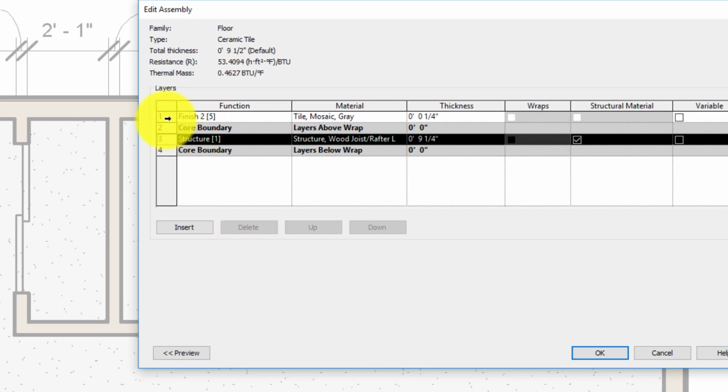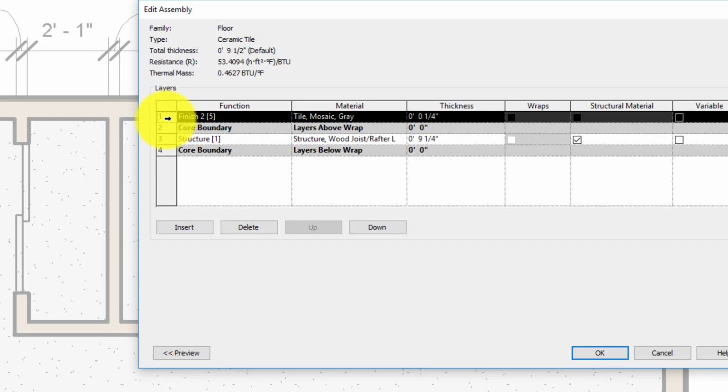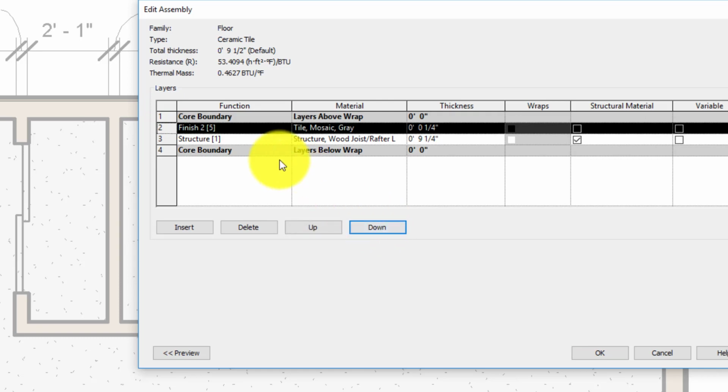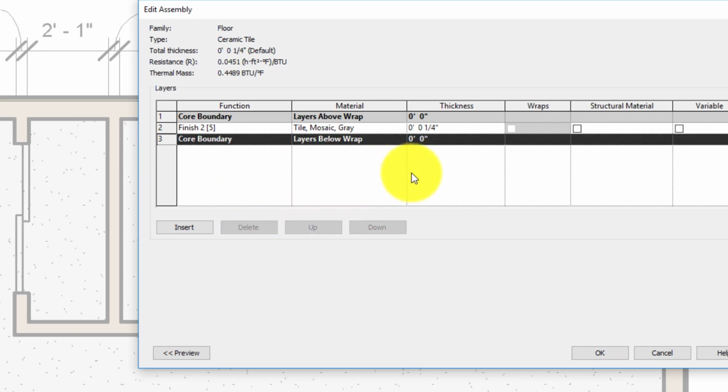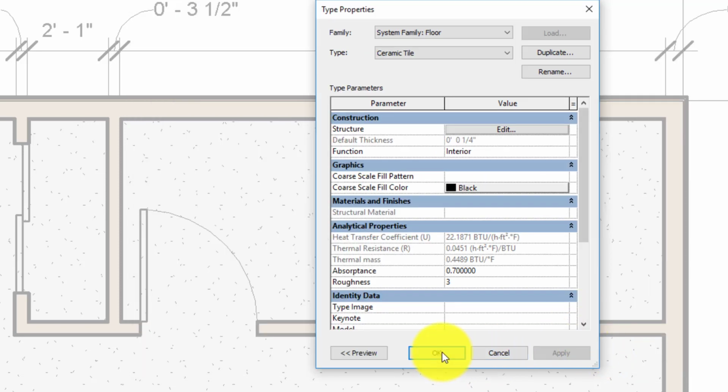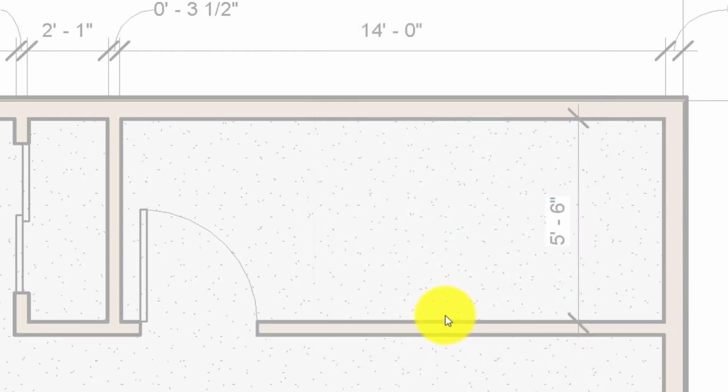So if I click on the number 1 for my tile finish, I can move that down now into the core boundaries. And now I can click on number 3 for the structure, the wood joist, and now the delete button's available. I hit the delete, and so now I am down to just my tile in my core, and I am good to go now. And I click the OK button, and now I can click the OK button here,